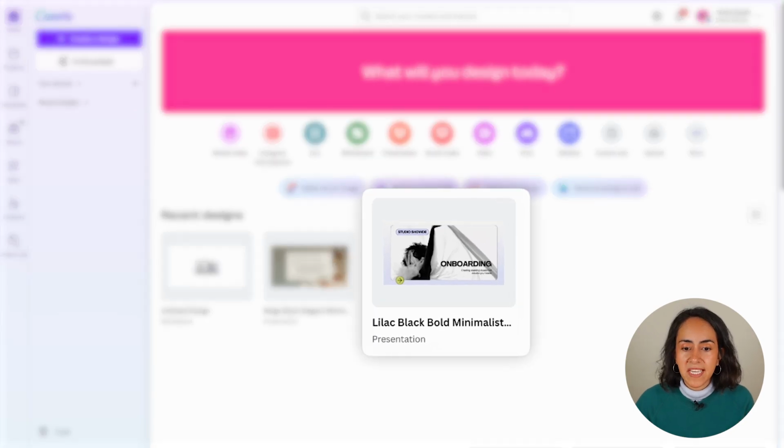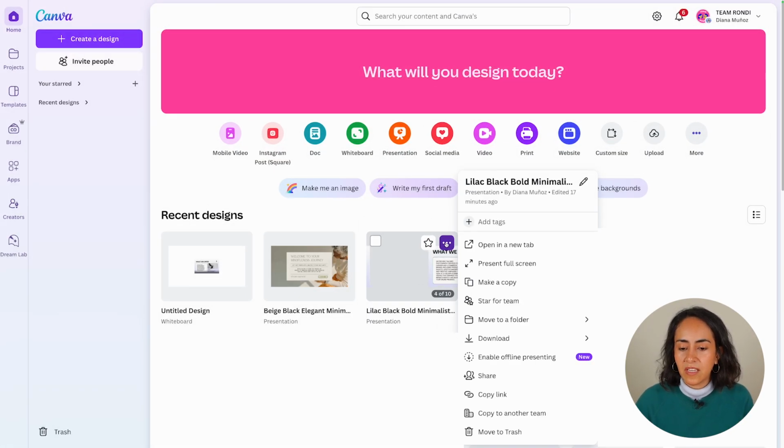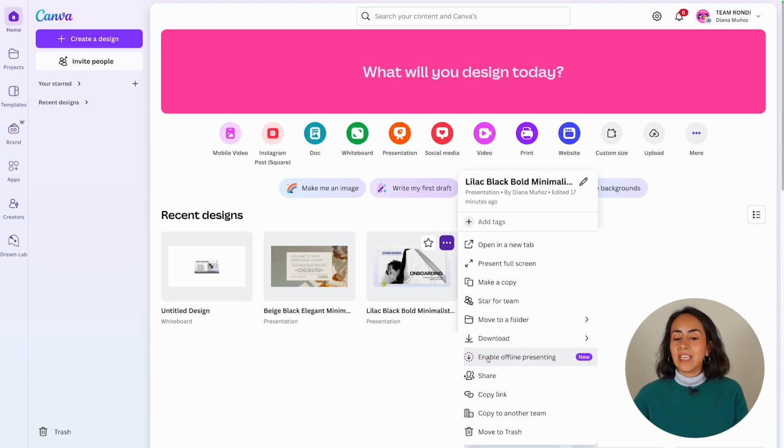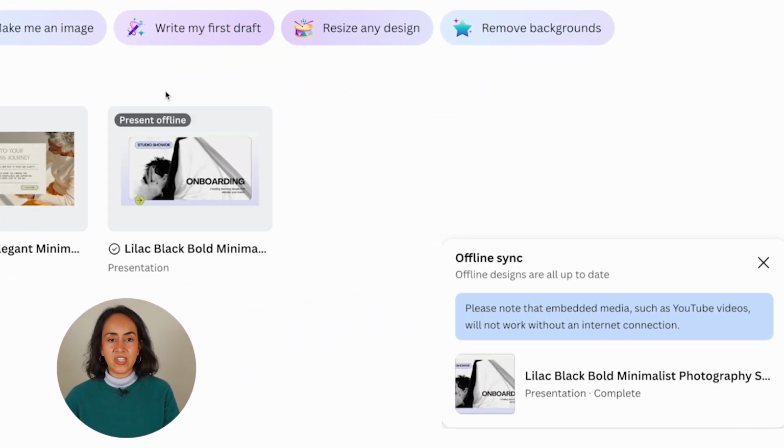Tool number 6 is going to save your life and also is going to make you feel more confident if you are using Canva to present. So you will see that I have my presentation in here. I'm gonna click on the 3 dots, and from here you have this new tool called Enable Offline Presenting. When you click here, Canva is going to save your presentation, and this one is going to be available even